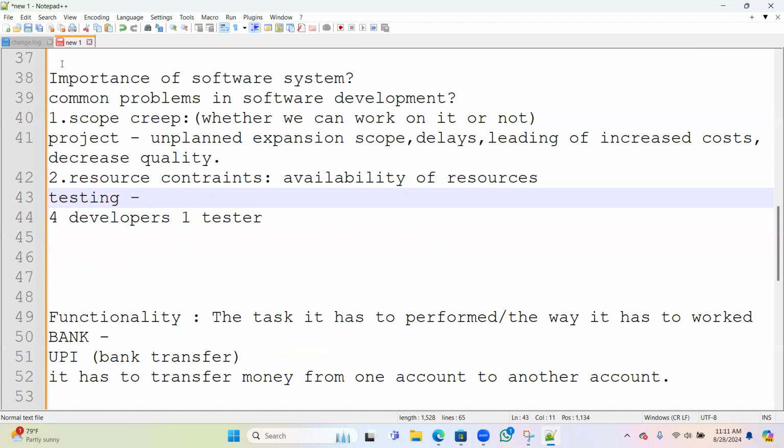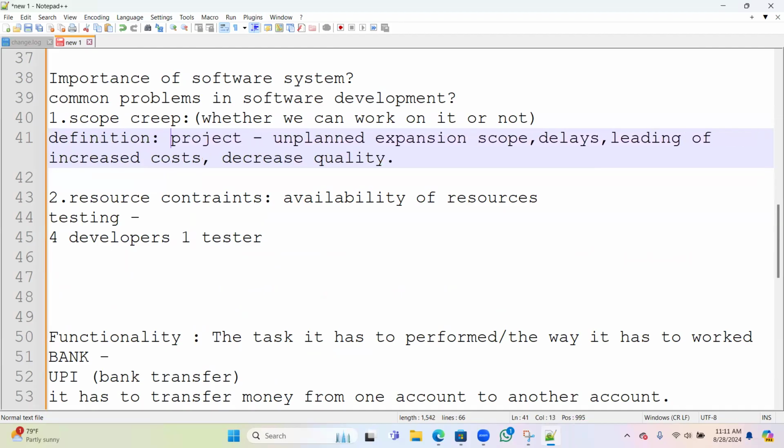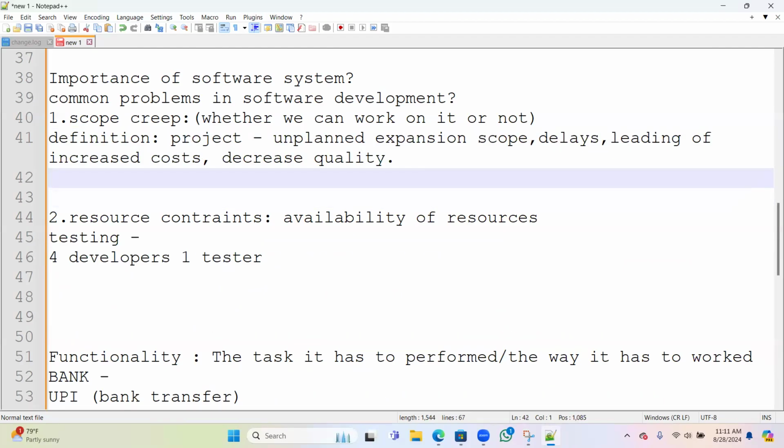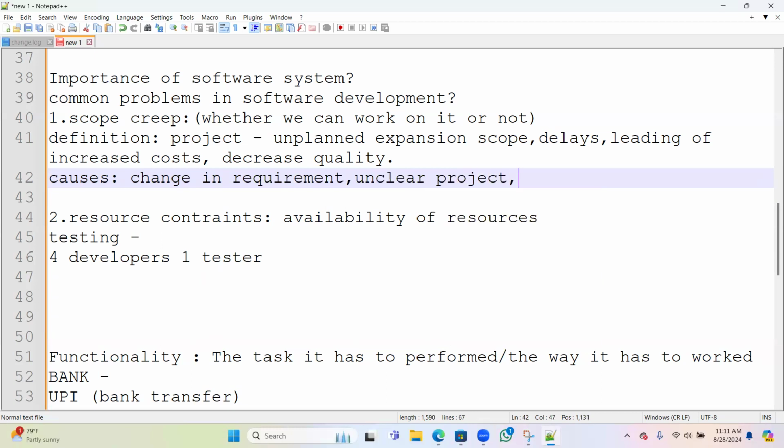Because of this also, what exactly is happening here? What are the causes for this scope issue? I see the change in requirement, and I would say unclear project scope. If you don't have the proper scope, you can't work properly.